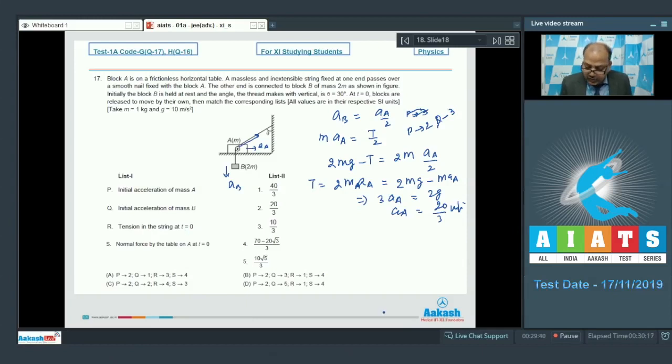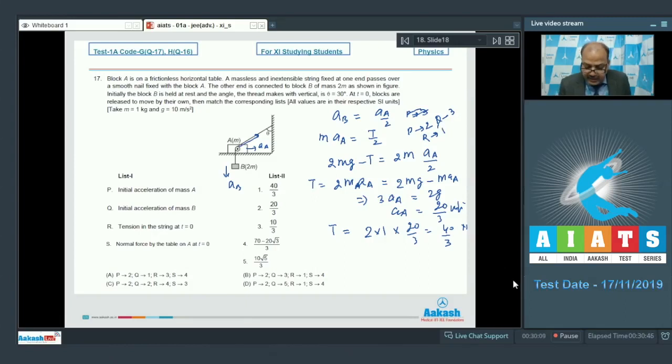Tension in the string at t equal to 0, that we can find now because tension initially is 2 times m aA. So m is 1 kg, 2 into 1, and aA is 20 by 3. So this is 40 by 3 Newton. So R matches with 1,